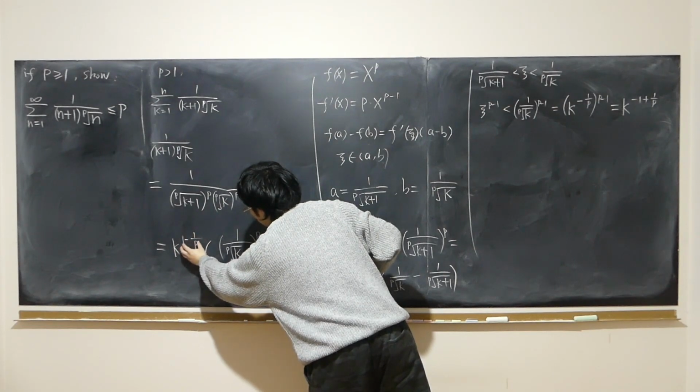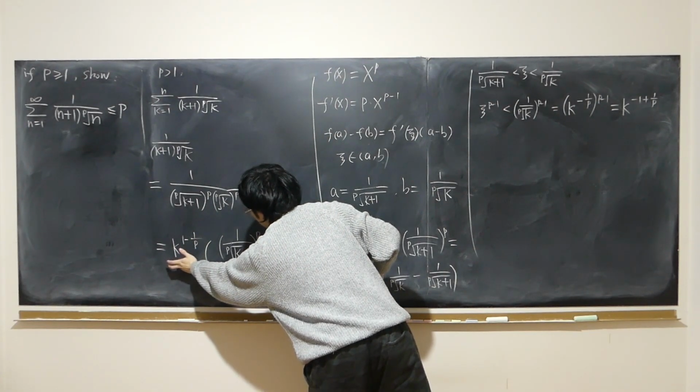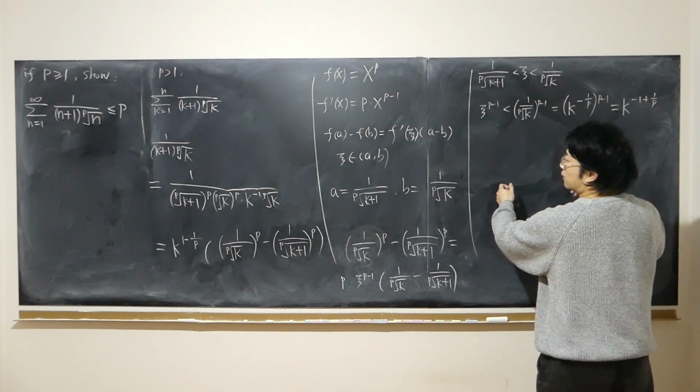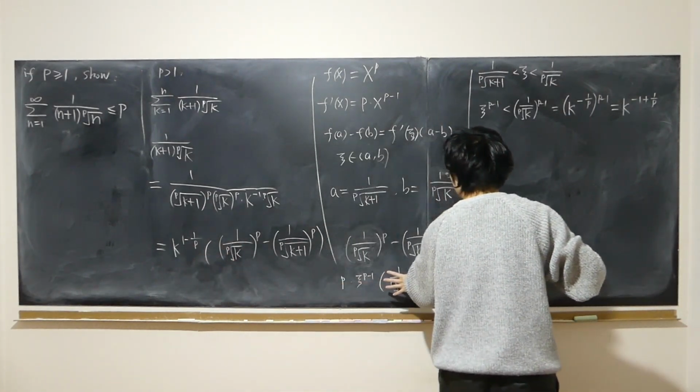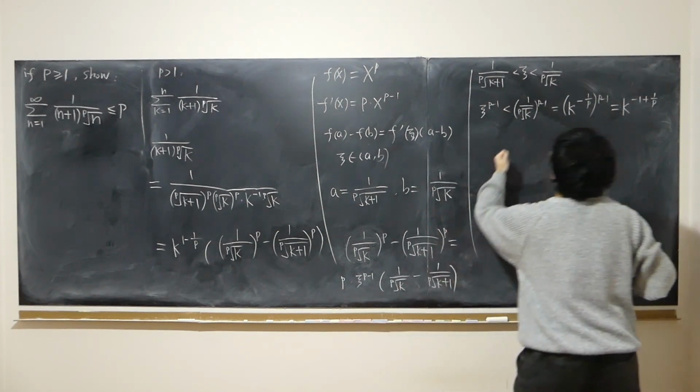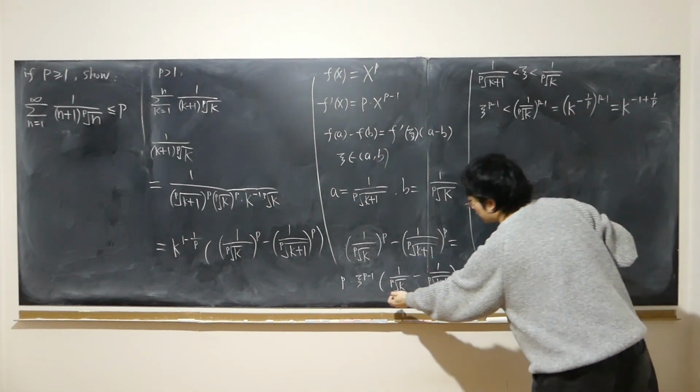So the power is still positive. So the whole thing is still positive. k is positive. So in the end, we have this can be smaller than p times this,